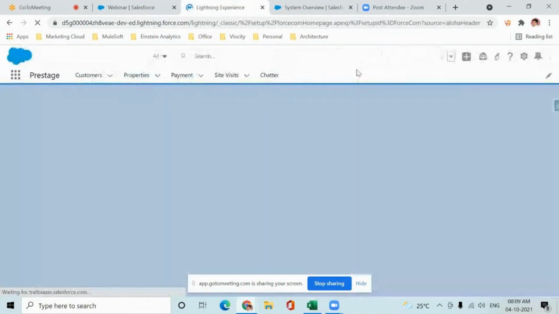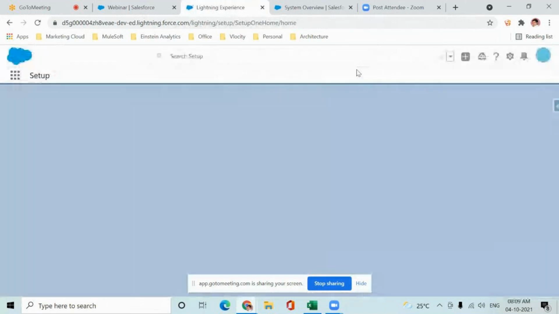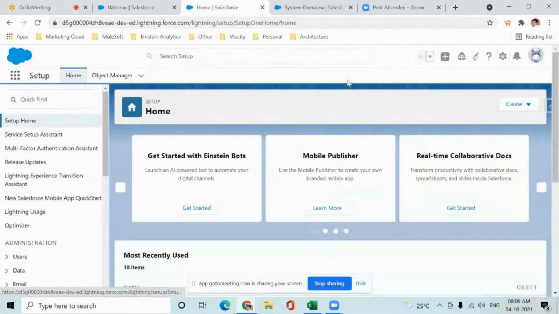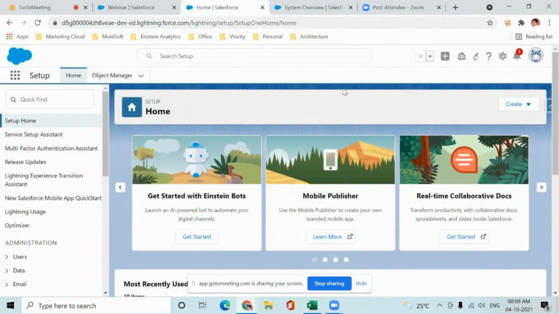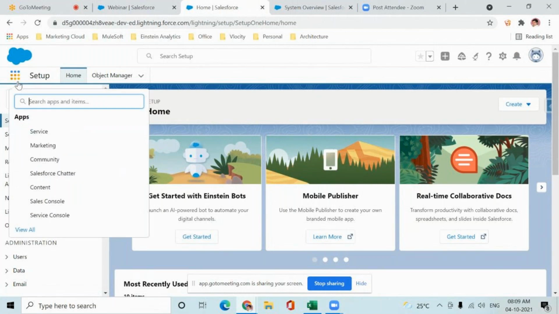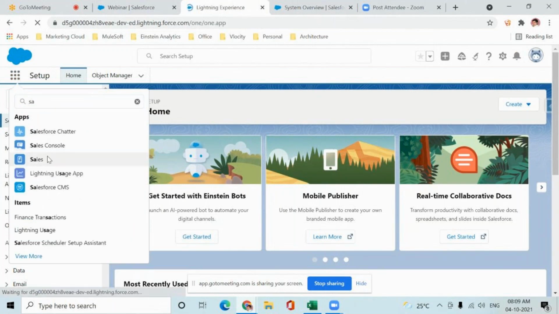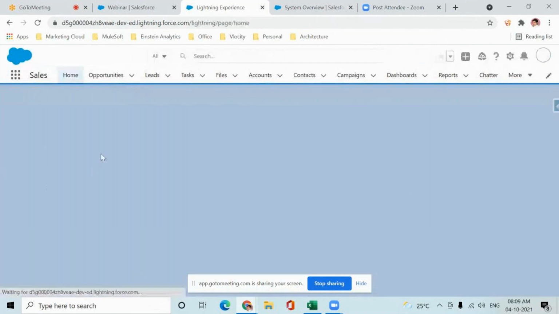So why is Ram using Classic? Because I love Classic, because it is a little faster. With a developer mindset, if you are slowly becoming a developer, you'll go to Classic itself. Compared to Lightning, Classic is much faster at the back end, and there are some features which work only in Classic. So I'll go with Classic sometimes, but for you, it will always be Lightning only.